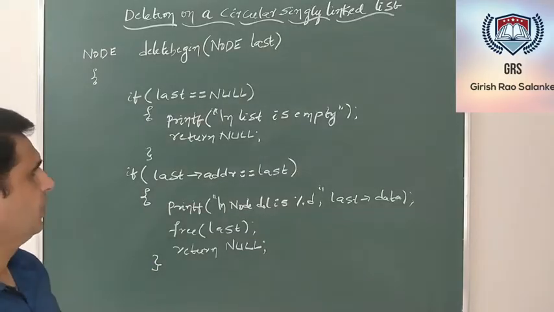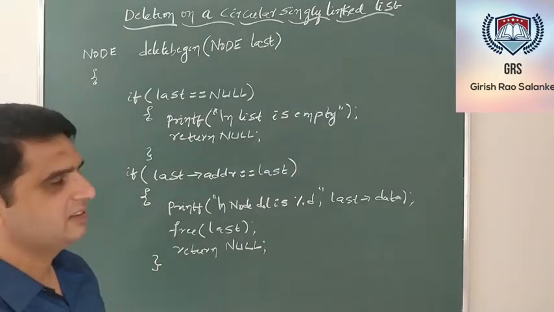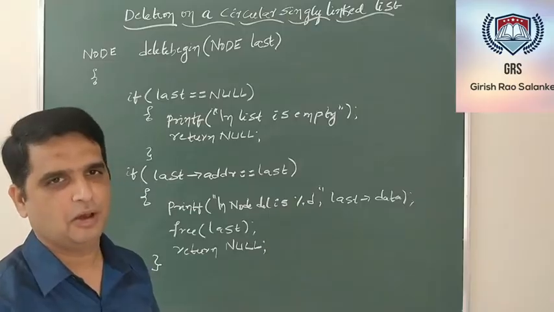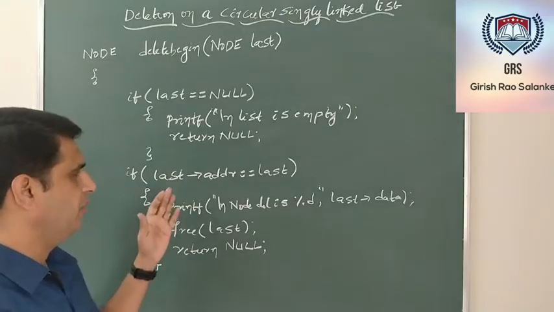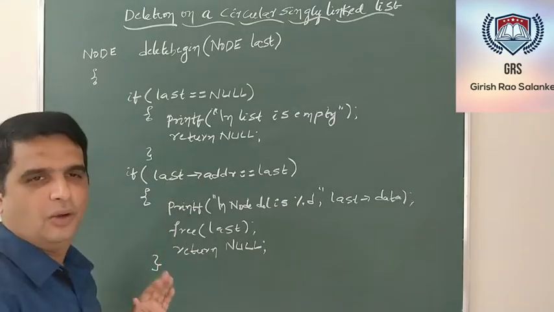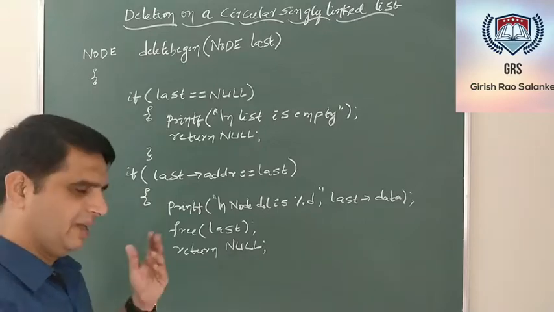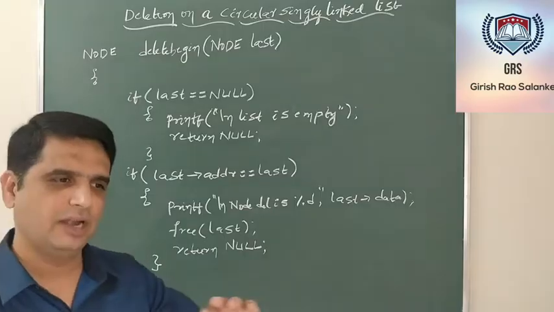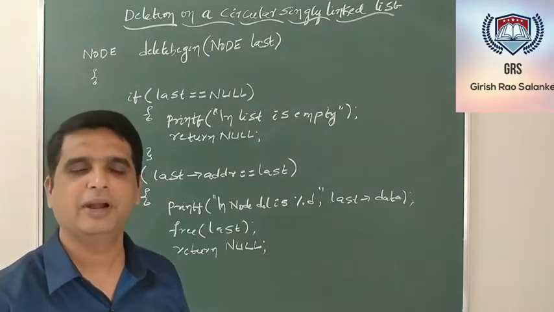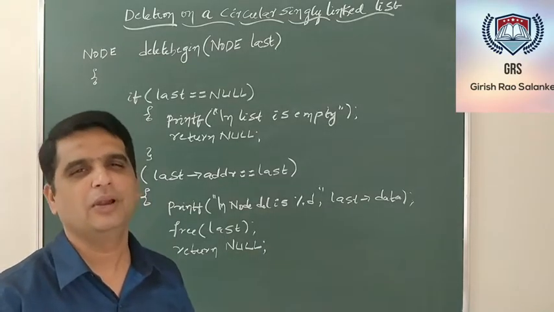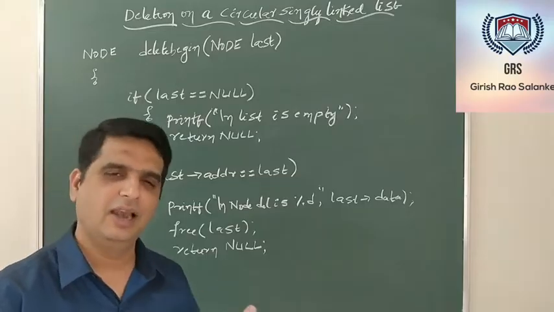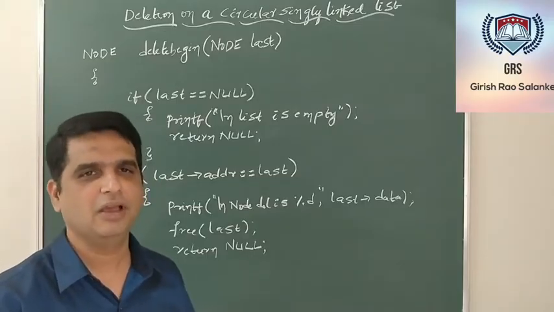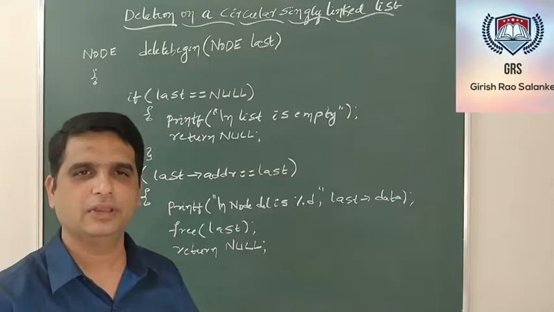Now these are the two cases. First case, I am checking whether the list is empty, then I can't perform the deletion operation. If the list is not empty, I am going to check whether the list is having only one node. Rather than having this statement, you can directly write the code for deleting the node at the front end, but it is always better, so that you will get a visualization whether the list is having one node, or no node, or more than one node.